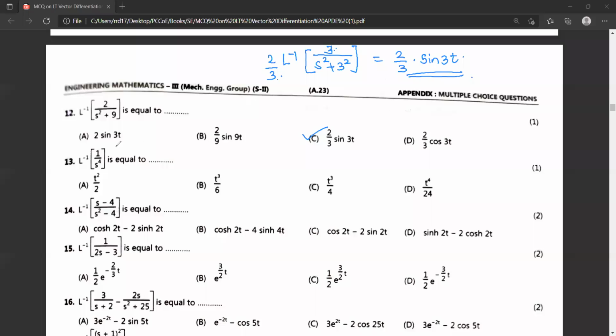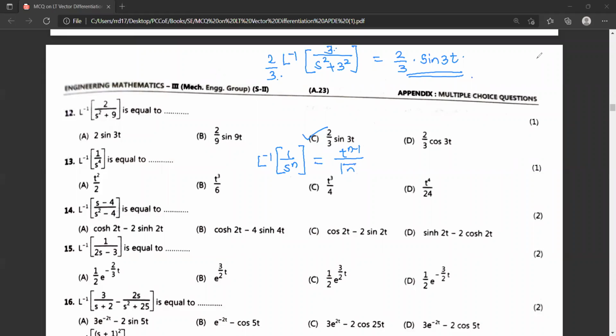Okay. Now for this type, let's take this formula. Either you can go by the formula to save time, and if you are getting confused with the formulas, then you have to use the reverse method: from the options, find the answer for which the Laplace transform is this. But let's take the direct formula. The inverse Laplace of 1 upon s raised to n is equal to t raised to n minus 1 upon gamma of n.